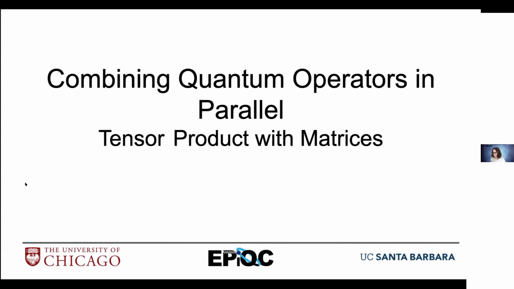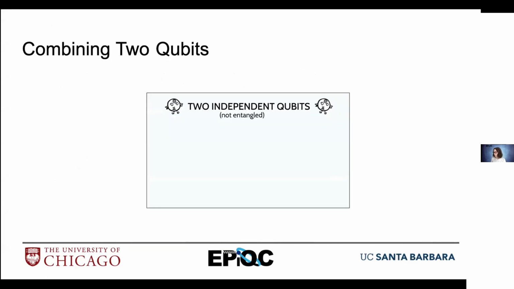All right, so in this set of slides, we're going to go over how to take matrices that might be in parallel and combine them so we can make a combined operation that operates on multiple qubits. So we've looked at this. This is kind of just a little bit of a review of what we've already talked about in class